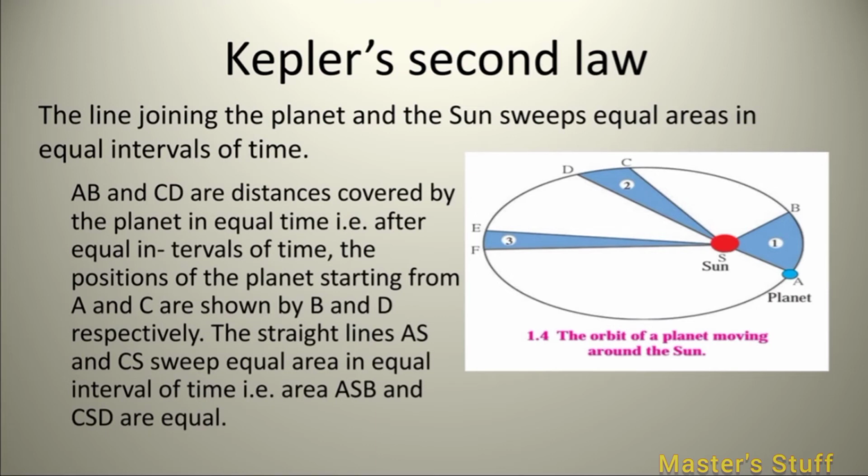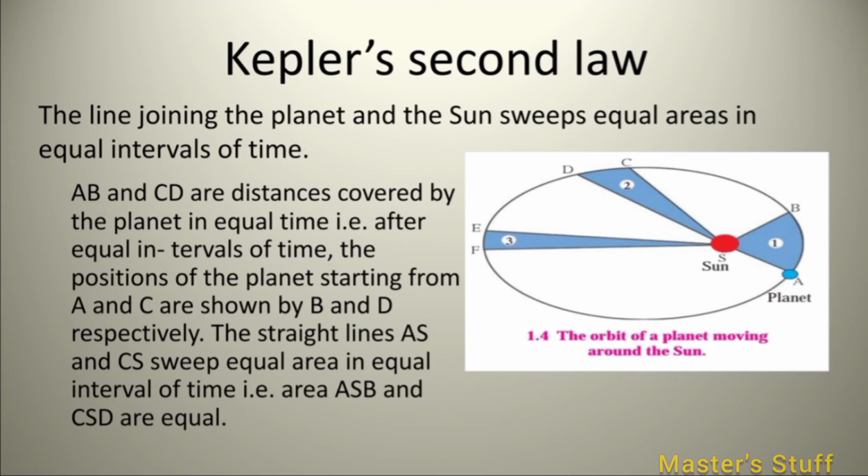The positions of the planets starting from A and C are shown by B and D respectively. The straight lines AS and CS sweep equal area in equal interval of time, that is, area ASB and CSD